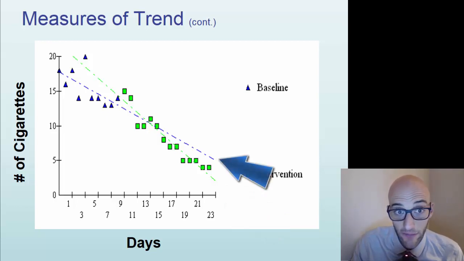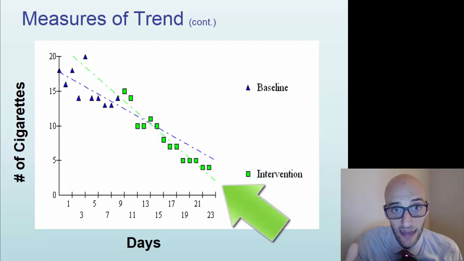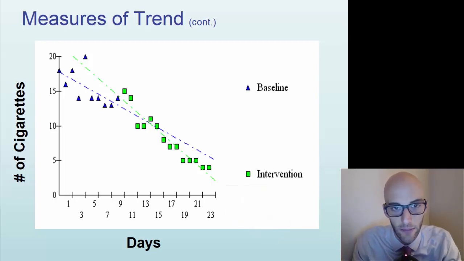So from the information that we got from the blue triangles, it looks like there is a negative decreasing trend in cigarettes smoked per day. But with the intervention phase, we can see that that's actually an accelerated rate of reduction. So you could say that although a client's daily number of cigarettes would be expected to decrease over time, based on the acceleration line from the baseline, the intervention phase is associated with an accelerated rate of reduction in daily